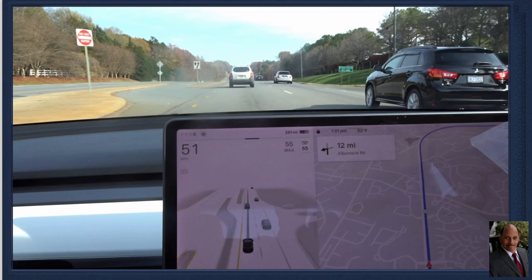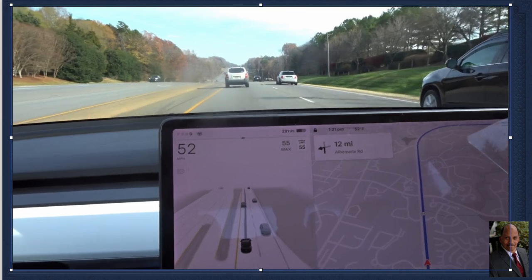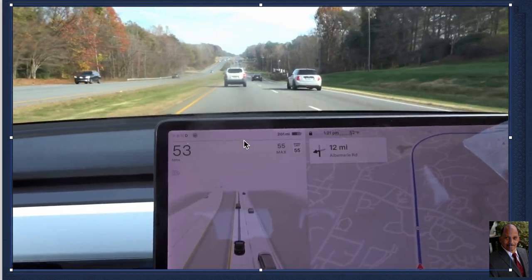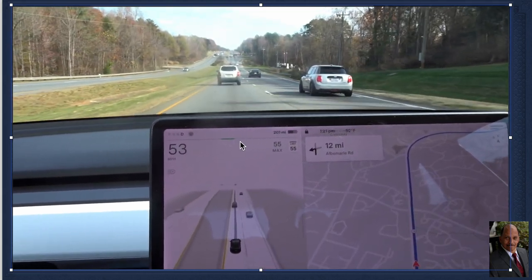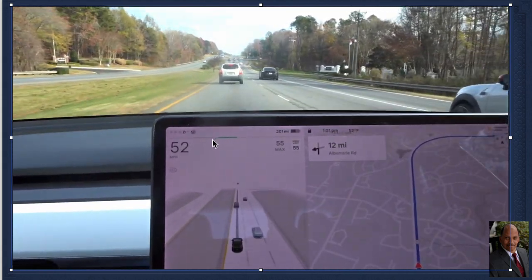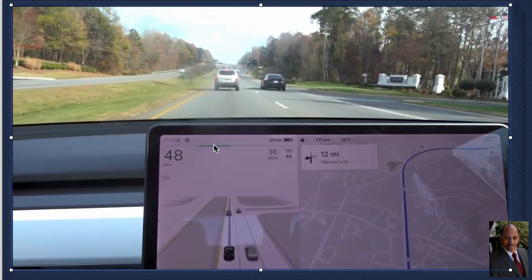You see the power indicator will vary as I deliberately vary pedal pressure more than necessary to try to ensure that regenerative braking is activated while I was filming. Now I use my cursor here to point out where the indicator of regenerative braking, or how much power is being used, is displayed. When it's green,